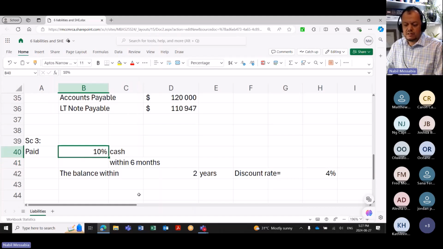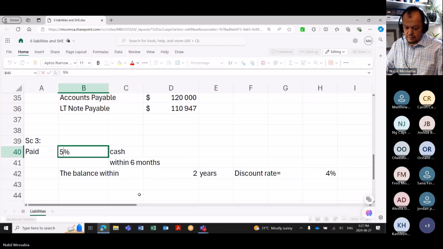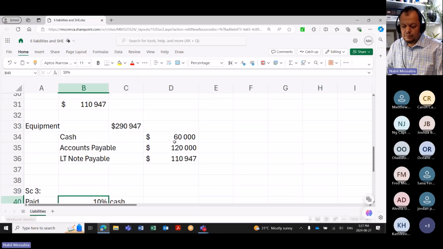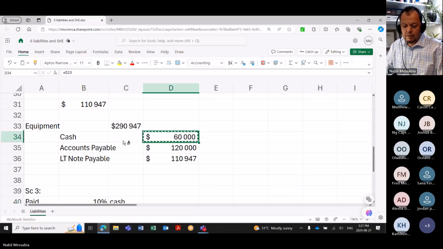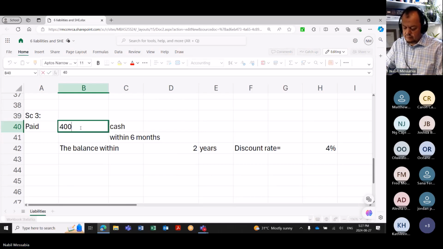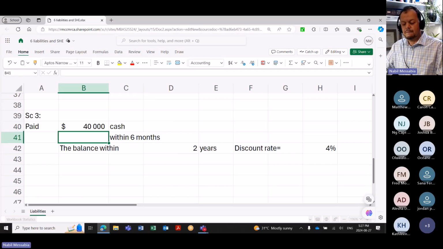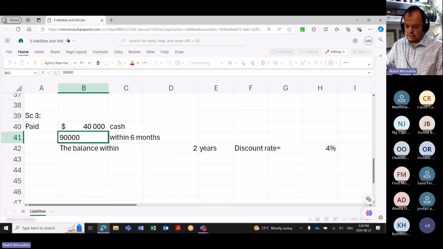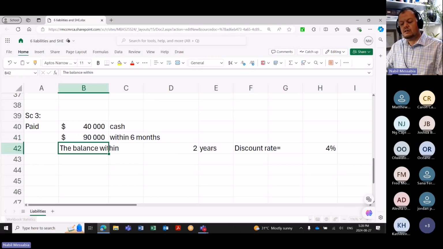Instead of percentages, we are going to pay a dollar amount. Let's say 40,000 now immediately, 90,000 within 6 months, and also the balance